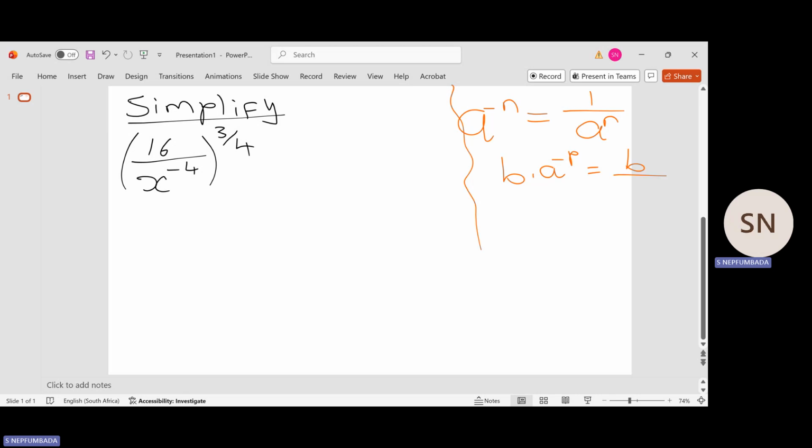The coefficient will be left alone, but to change this exponent to be positive, when it goes down, we multiply the exponent by negative, then it changes like that. So looking at this one, we are going to apply the same thing